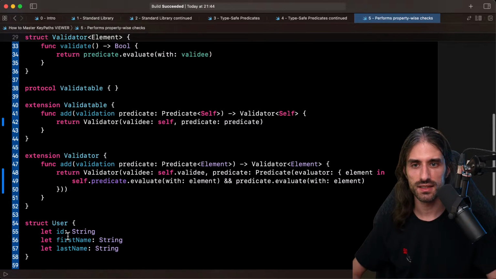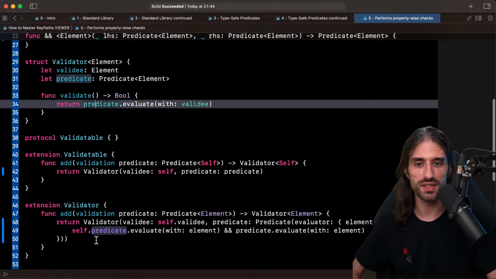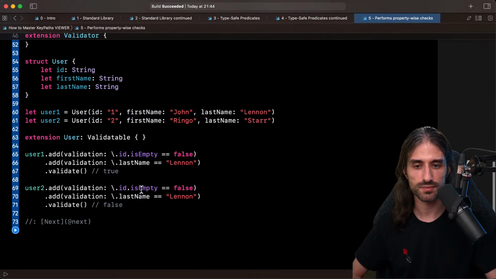And finally, the method validate is just going to call the predicate, and under the hood, the predicates are linked together. So what we've implemented here is kind of like a linked list, except that instead of having a reference to the next element on the list, we have the AND operator that allows us to combine two elements of the list together. To be more precise, it's kind of like a reduce being called on a list.